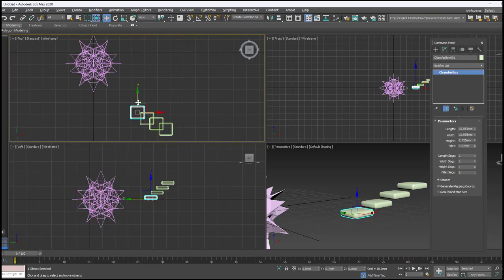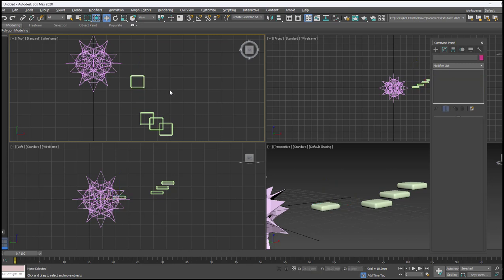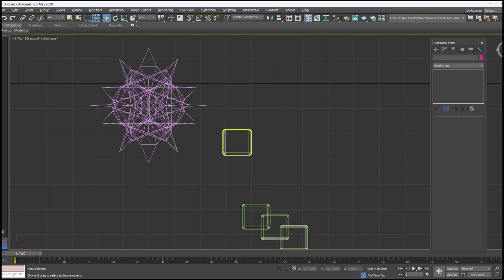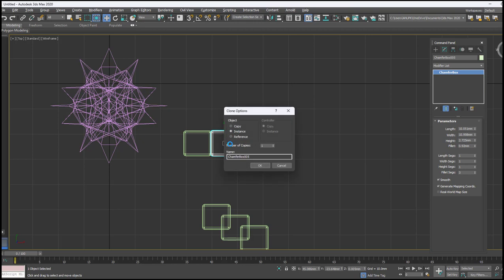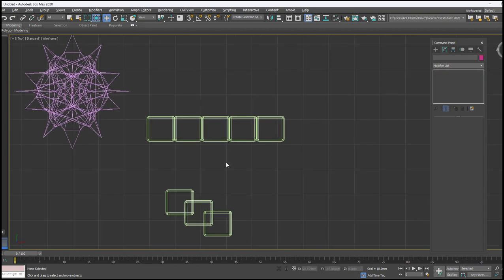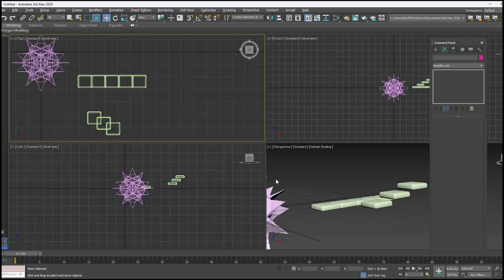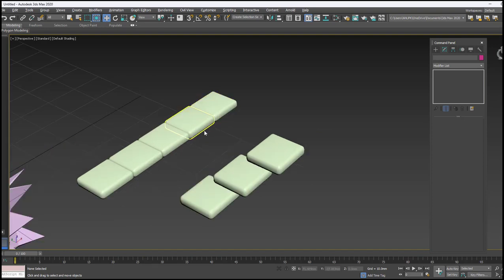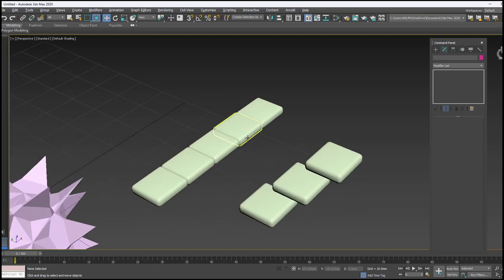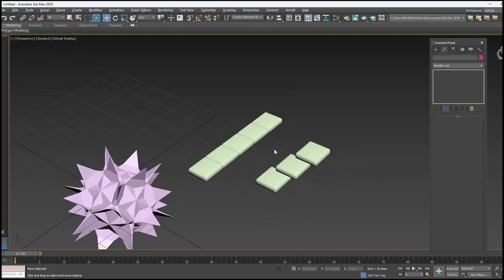I just move this object here. In order to get it in its own axis or the same axis, I go with the top view and then copy it again. You can place it like this, copy it multiple times, and OK. So by using the other views, you will get the copied object in the same axis, and then by selecting them at a time like this, you can do the modification.